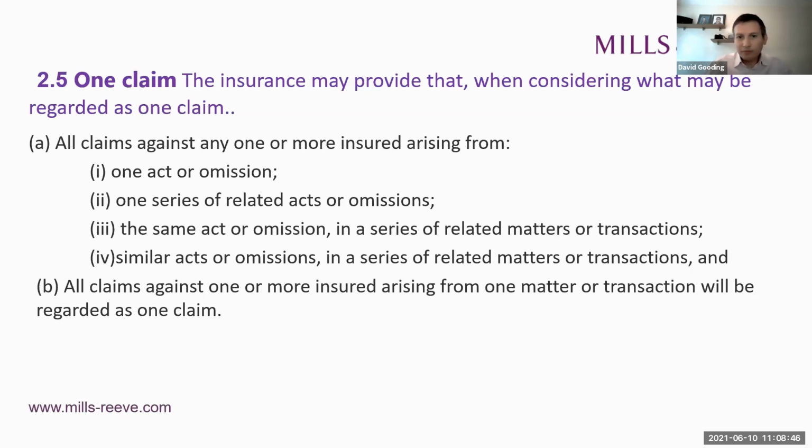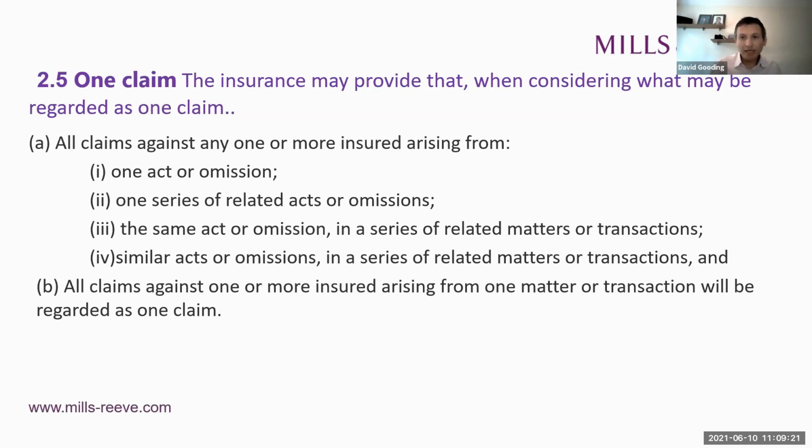Let me give you another brief example while we've got time. I had a case once involving the same lawyer being tricked by probably the same fraudsters. It was a cyber fraud. They hacked into the firm's servers, and the lawyer was tricked into paying away client monies on 3 different transactions involving 3 different clients on 3 different days over the course of, I think, about 6 weeks. Now, the issue here was around whether you could aggregate the excess. And as far as insurers were concerned, there were 3 different claims, and 3 different excesses applied.